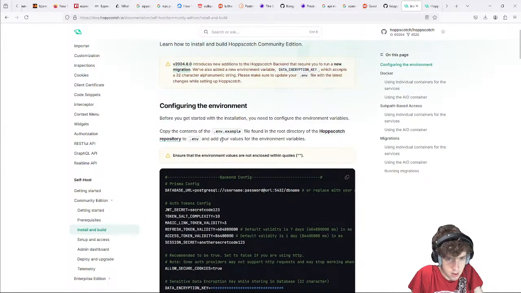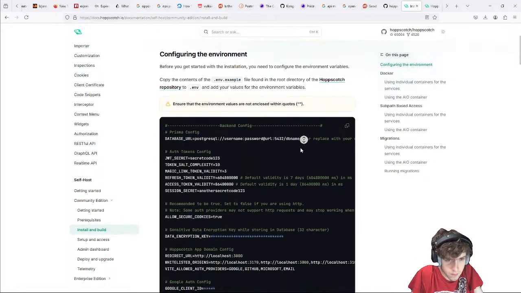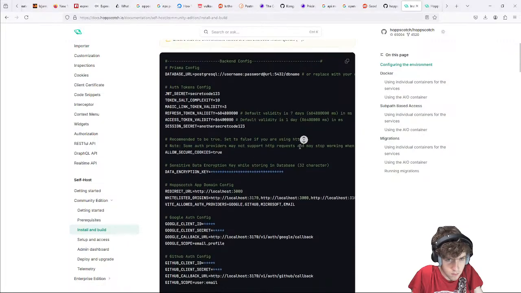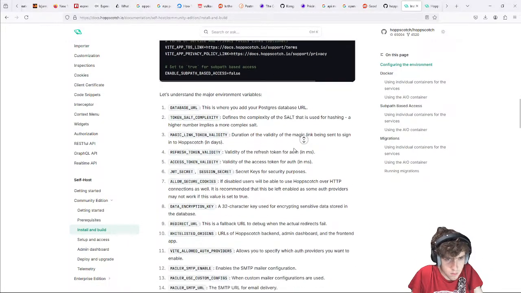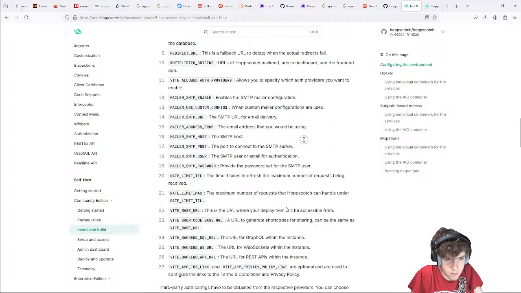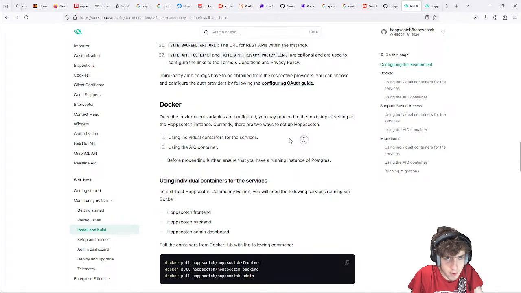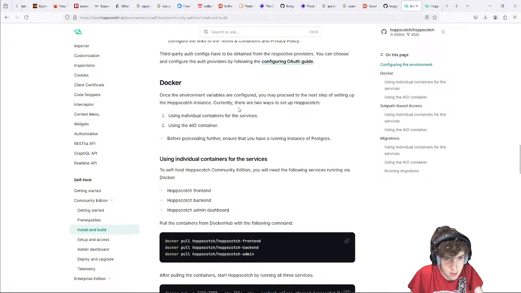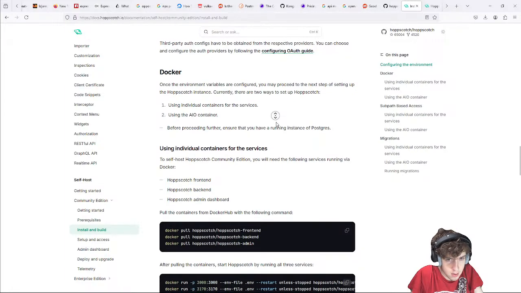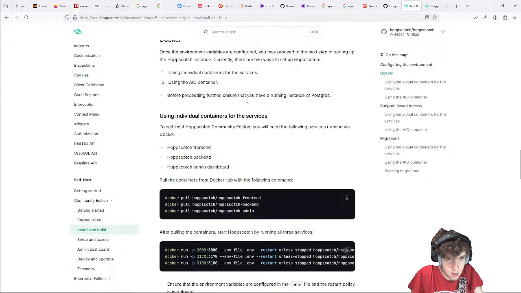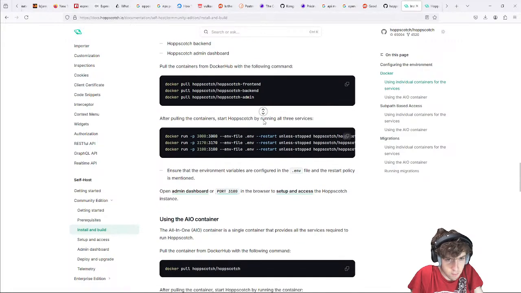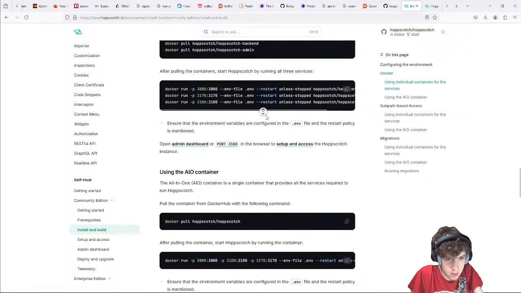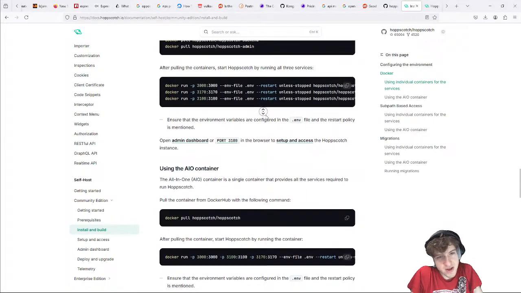So I need an env file. It's a lot of environment variables. And then I need to run the containers. Why don't they just give a compose file?